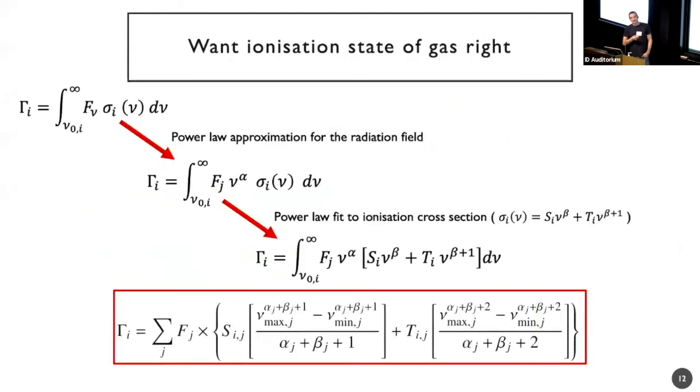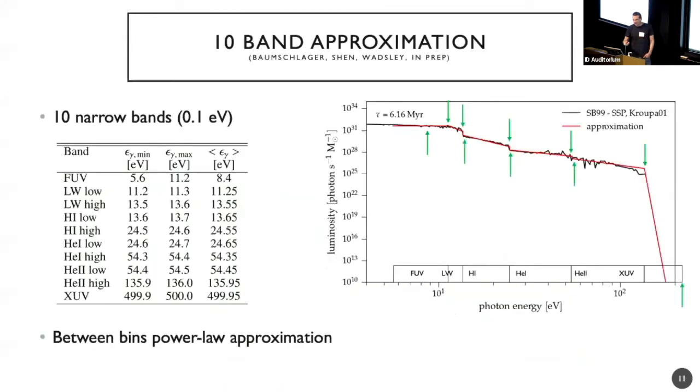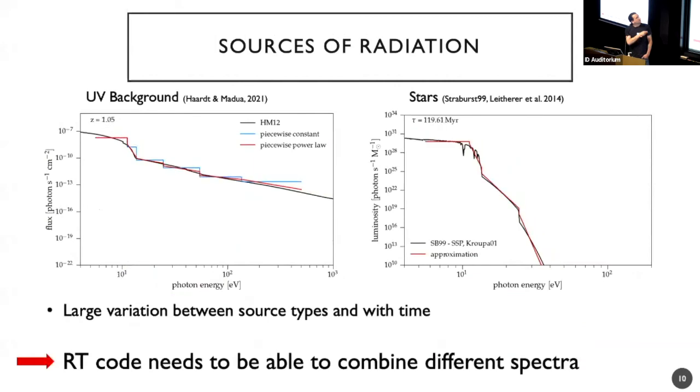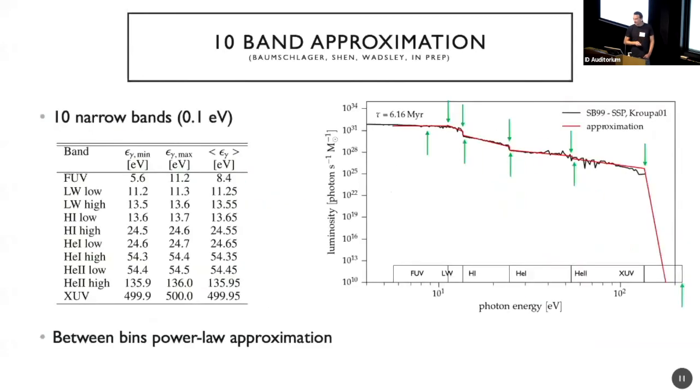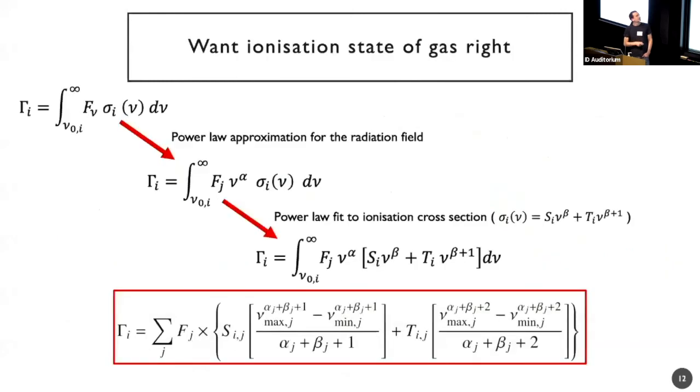So now on this approximation, we can do something very cool. Well, I should have mentioned that between the narrow bins here, we approximate the spectral shape as a power law, and we have seen them before here. The red lines follow quite nicely the spectral shapes. So in this approximation, we can simplify this equation a bit more to a numerically manageable equation.